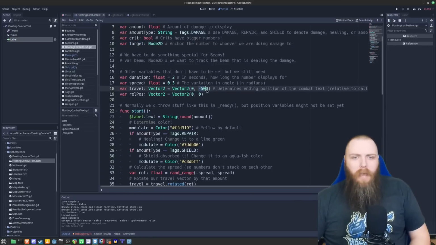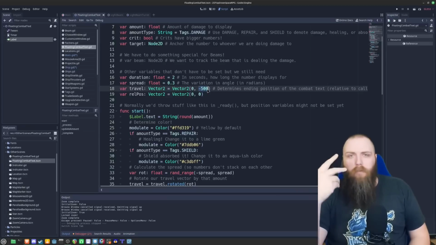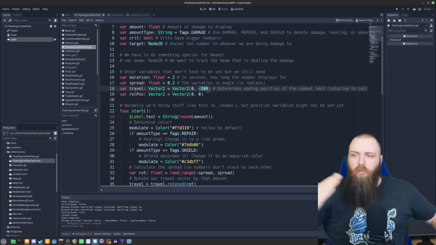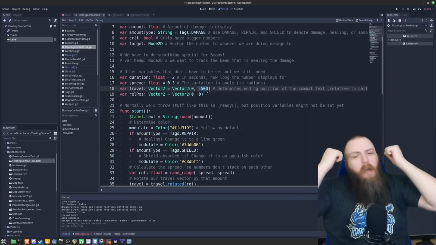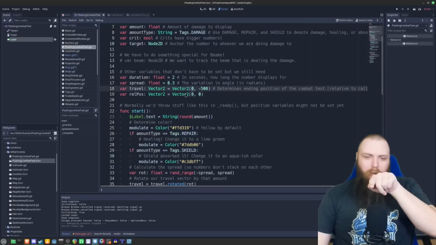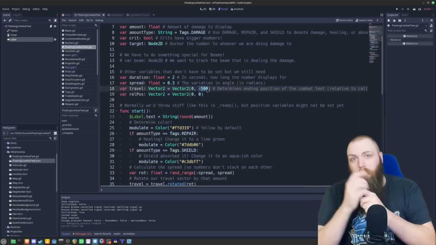I have it set to be -500, and so a Vector2 has the x and y values. Remember, a vector is an arrow representing both direction and magnitude. And so x is going to be 0, so it's right here. And then -500, when you subtract from a y value, it actually goes up, because